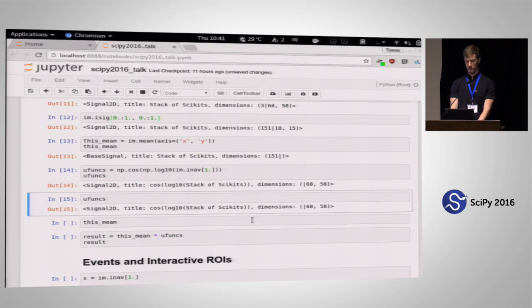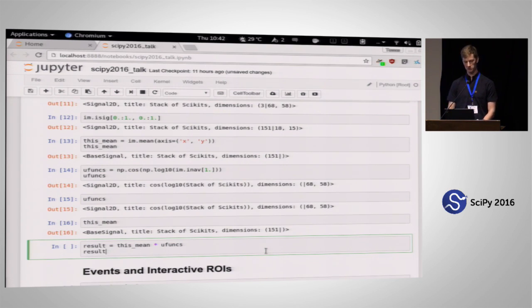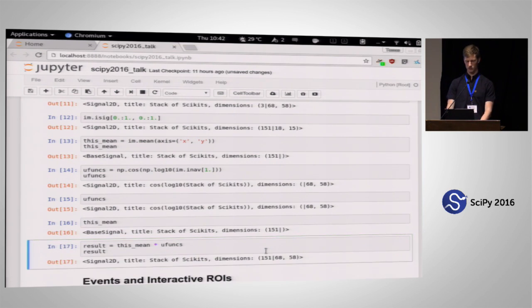before the bar. And then the other data set that I just calculated up there only has navigation space. There are no axes after the bar. If I multiply just the data, the actual NumPy arrays, they're not compatible. You wouldn't be able to multiply that. But since in HyperSpy we have the two spaces separated, you can do that and just broadcast as you would